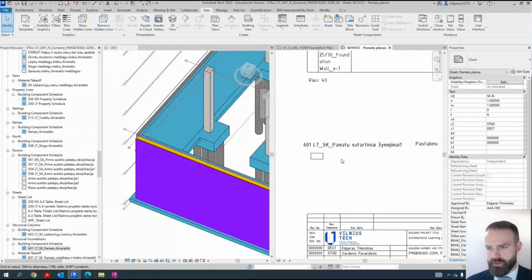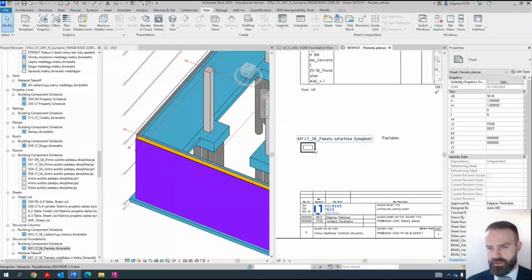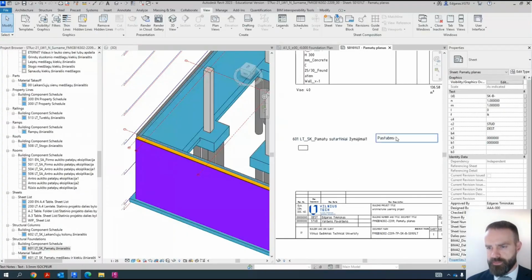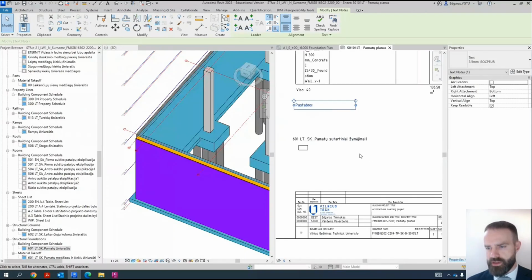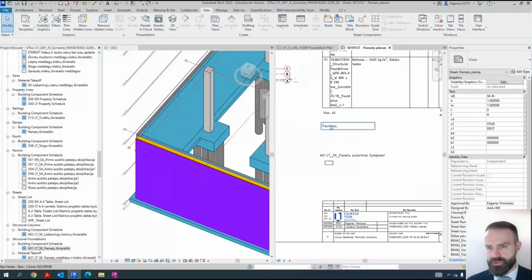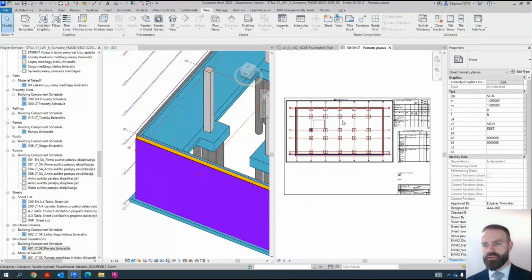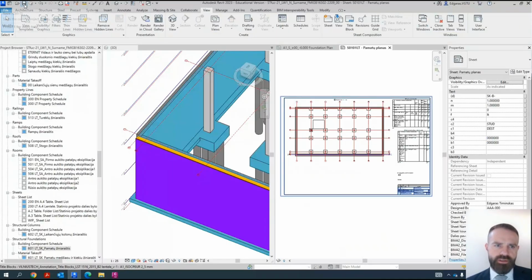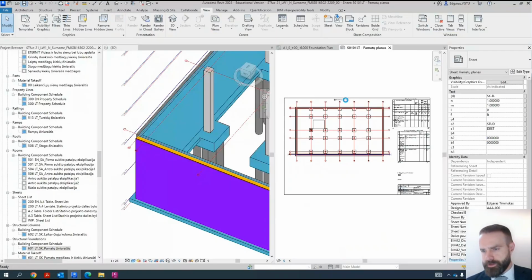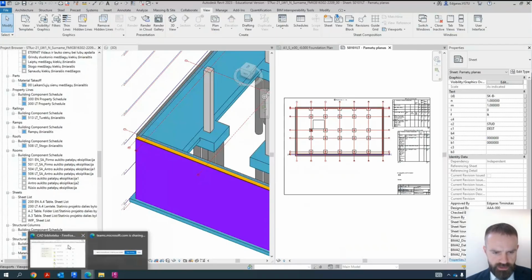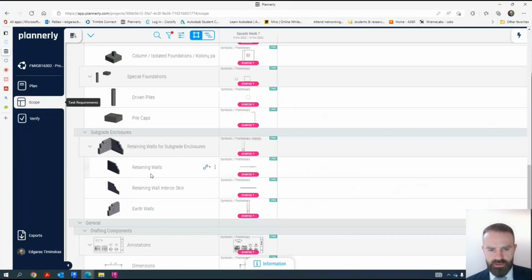And here I have the legend, and in the legend I have an explanation of how the foundation elements look, and also I have the notes which explain additional components. And here's the foundation plan. So next time we will jump in here and we can put additional components like dimensions and other components for the foundation plan. So let's save the progress and let's see if any other component should be created. Okay, so